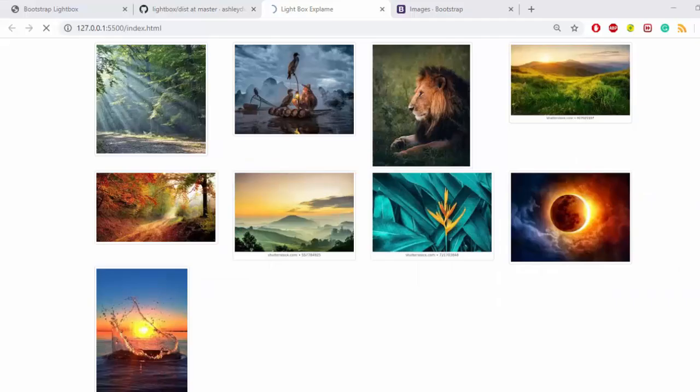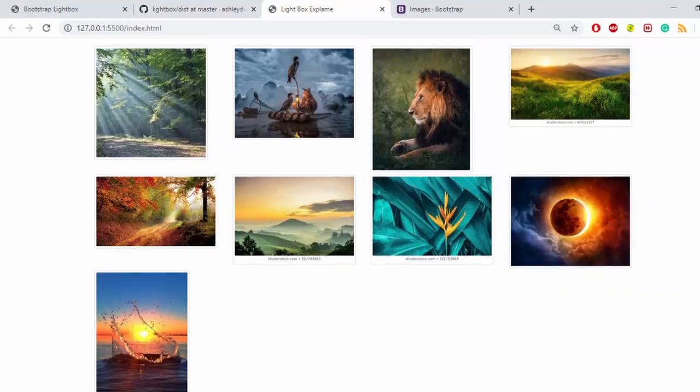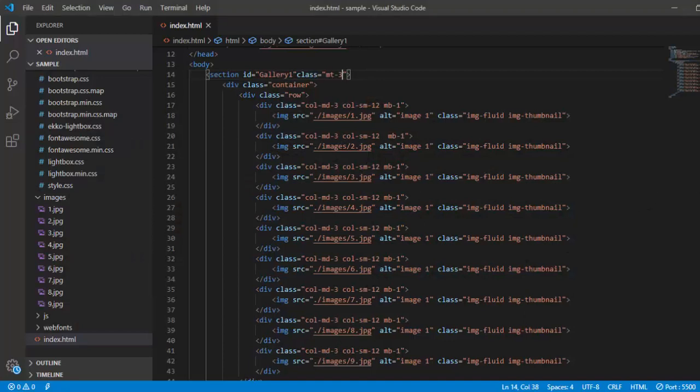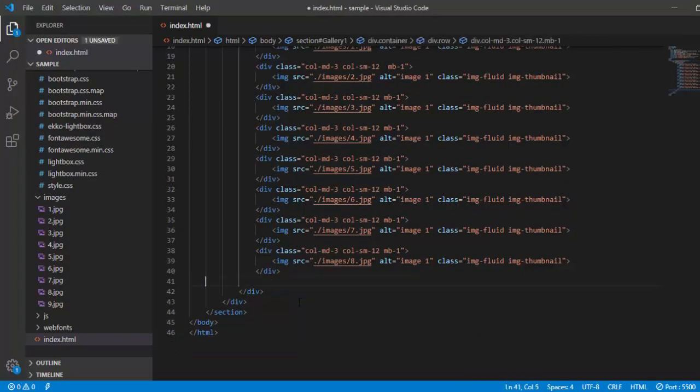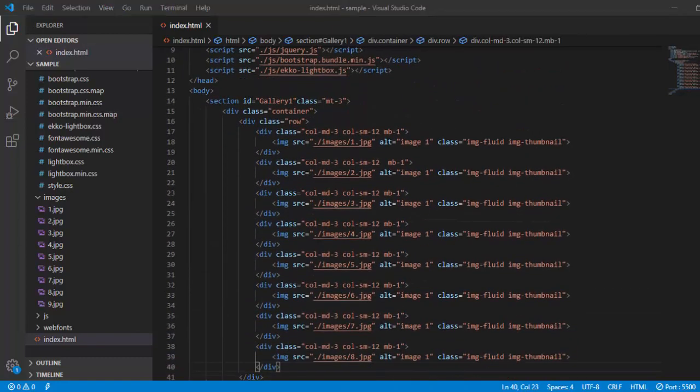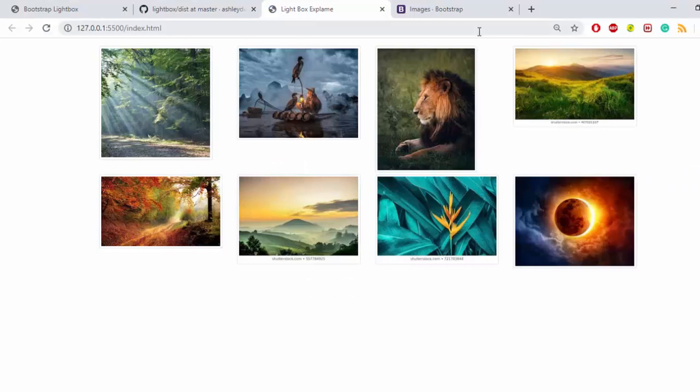We can have a 3 kind of thing, and also we can see. So right now we have got a little bit more margin, so this is okay. I think this is bothering us. Let us take the last one out so that it becomes cool, right? So this is the basic kind of thing where we have the gallery.